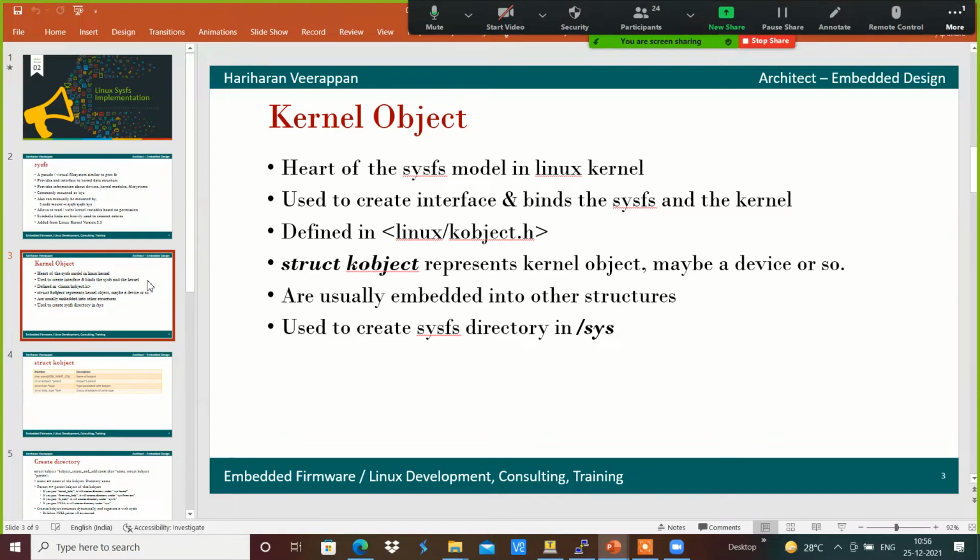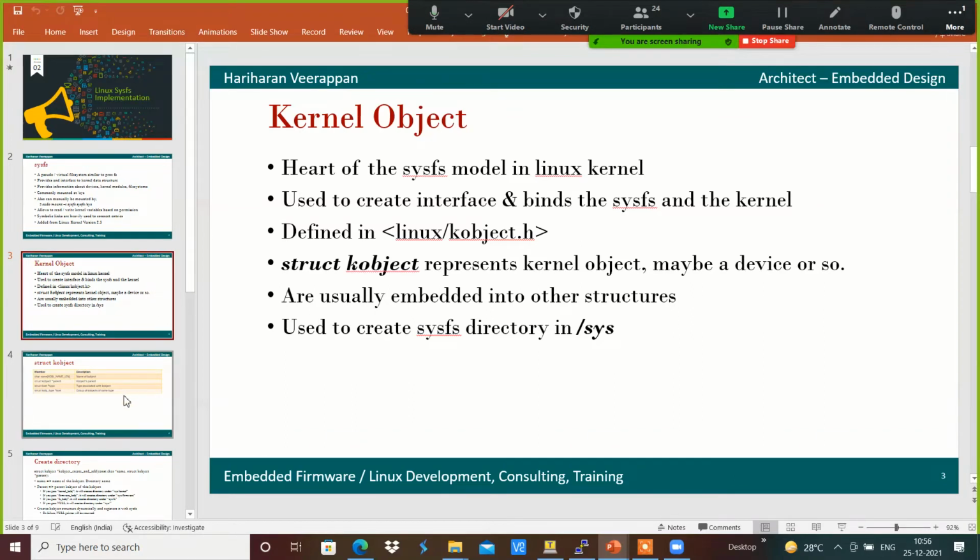For example, we can use the kobject to represent the kernel object present in the kernel, which will get exposed in the sys file system.